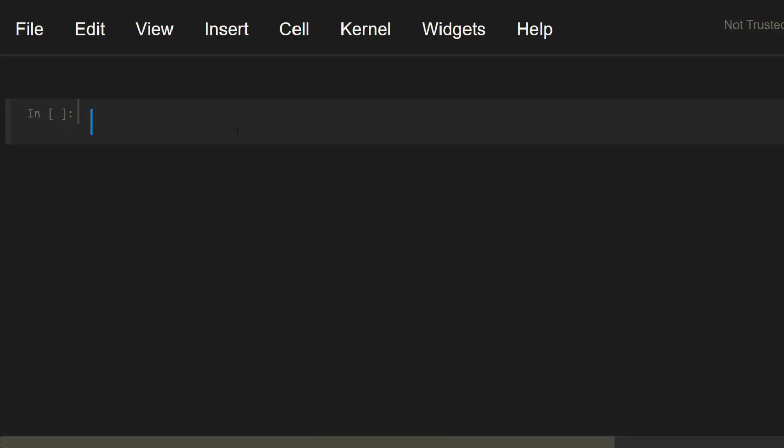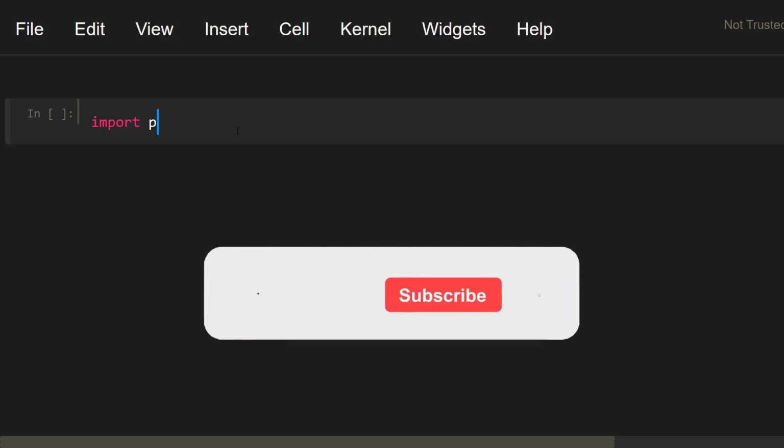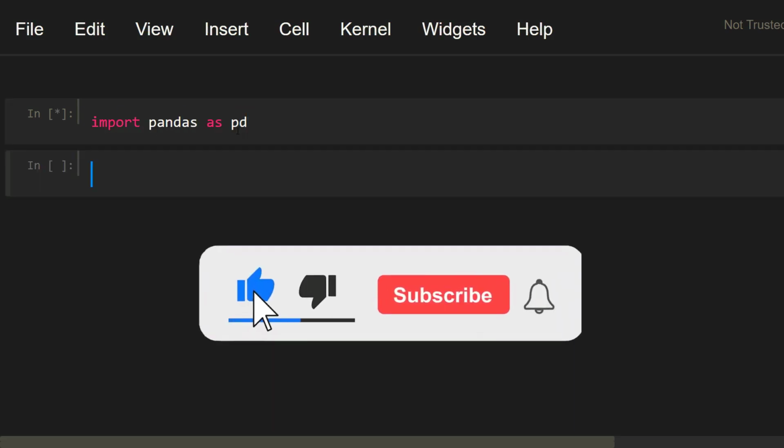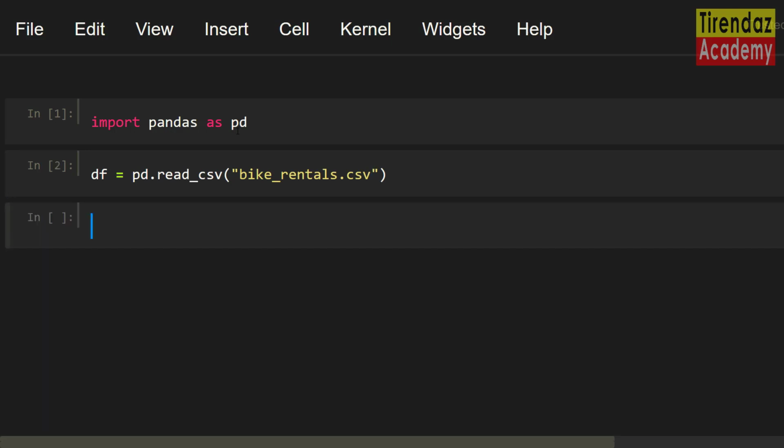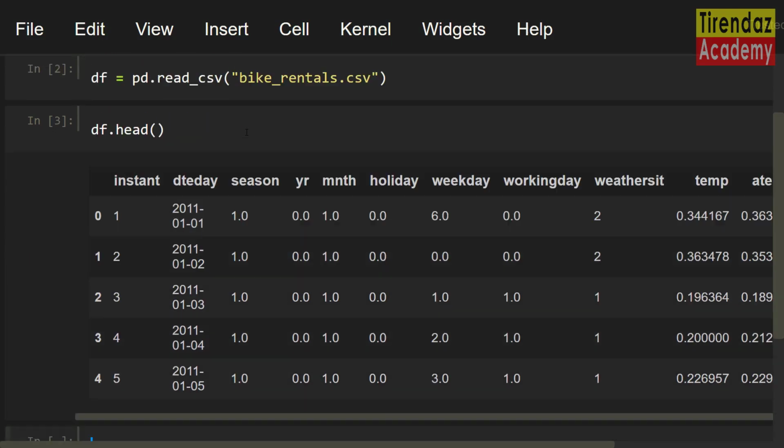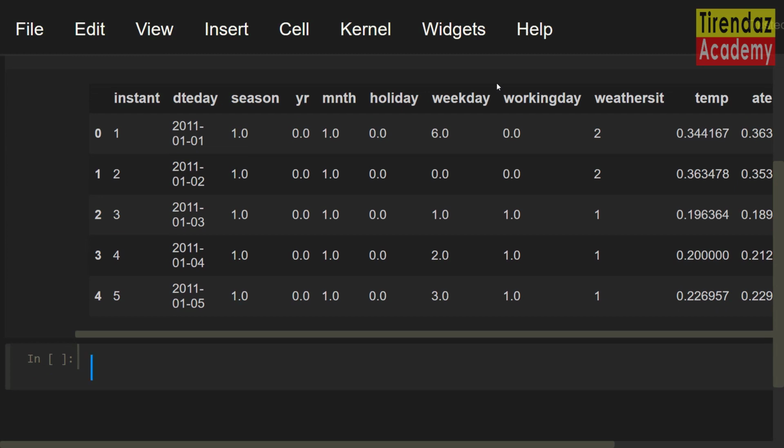To show XGBoost, let's load the bike rental dataset. First, I am gonna import pandas. Import pandas as pd. Now, let's load the dataset with the read_csv method in pandas. df equals pd.read_csv. Let me set the name of the dataset. bike_rental.csv. Okay, we loaded the dataset. Let's take a look at the first 5 rows with the head method. df.head. Here you go. This dataset is related to bike rental with the date and temperature variables.